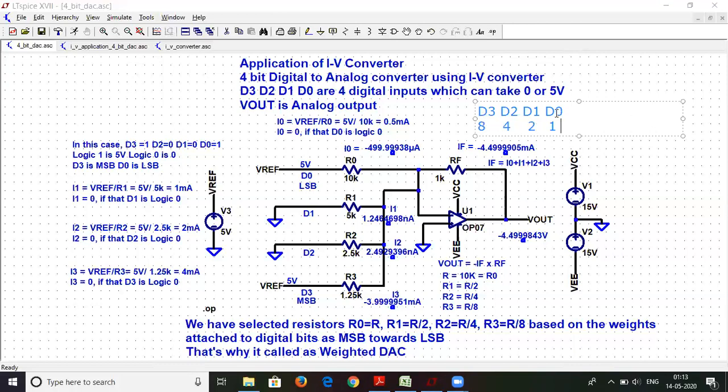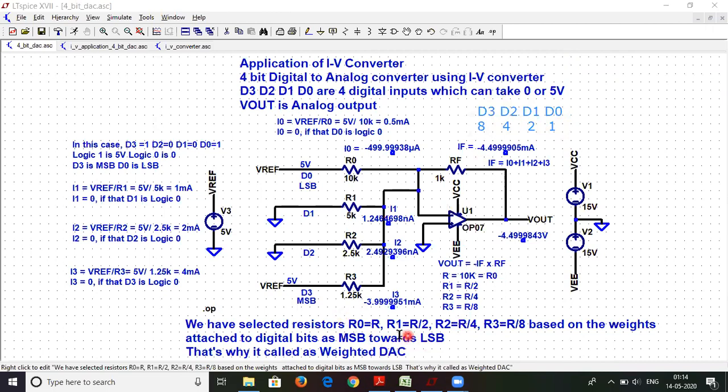So basically, this will be 2 raised to 0, 2 raised to 1, 2 raised to 2, and 2 raised to 3. That's how we have adjusted these bits. D3 is our MSB bit, and D0 is our LSB bit.